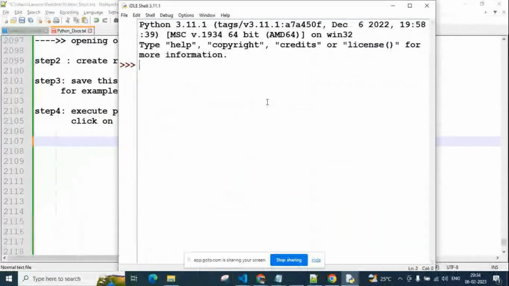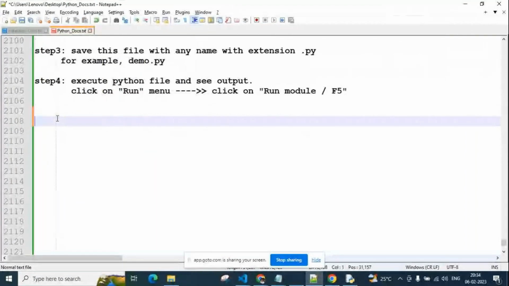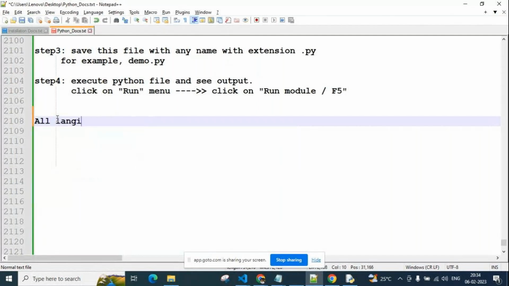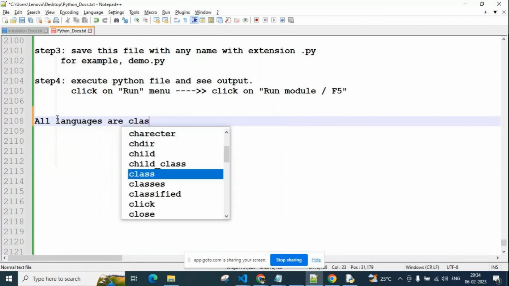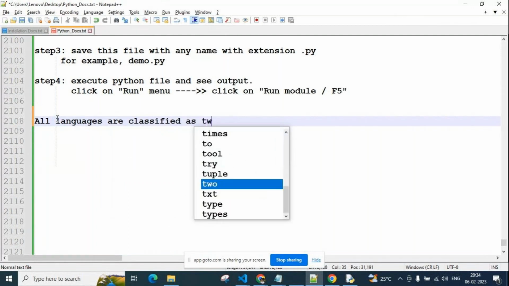Okay, now. So already I said, guys, all languages are divided into two types: compiler languages and interpreter languages. Okay? So simply I'm giving an overview. All our languages are classified as two types.